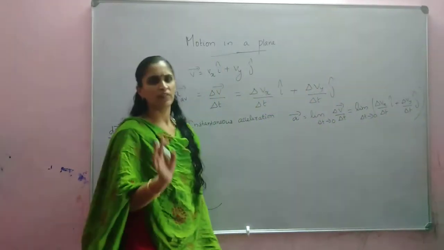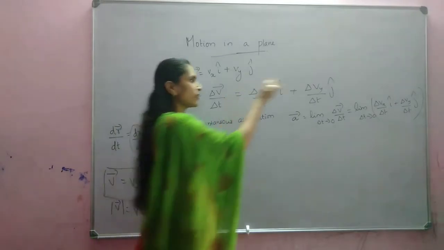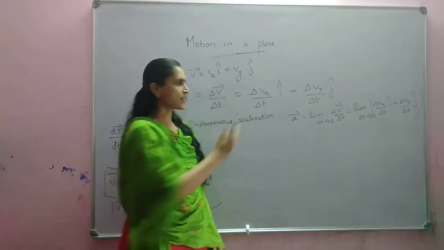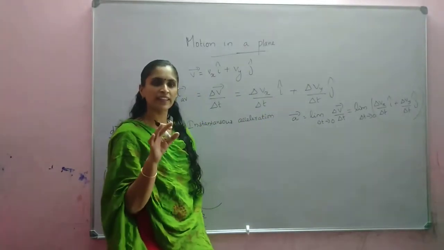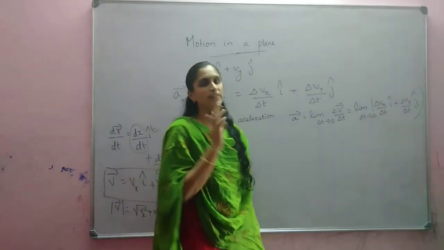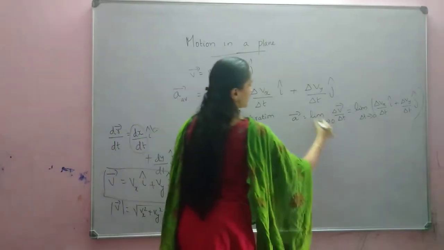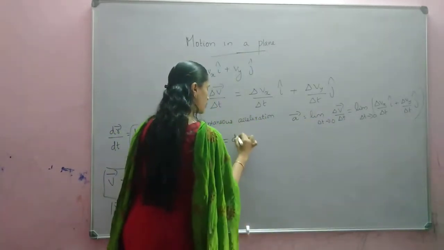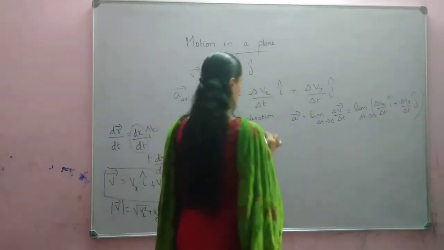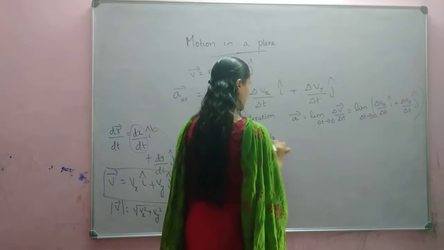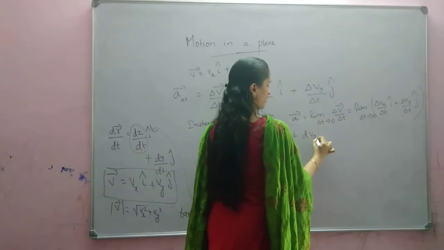Okay. The procedure is the same. When we discuss in 1 dimension and 2 dimensions, the procedure is the same. The only difference is that here we are getting one more component. That's why we have to represent it in vector notation. There we have written delta v by delta t, or directly we have written a is equal to dv by dt. dv by dt means rate of change of velocity. So that is equal to dvx by dt i cap plus dvy by dt